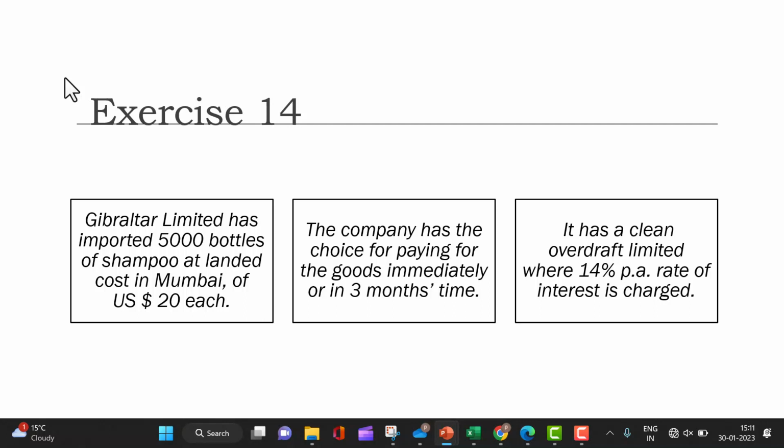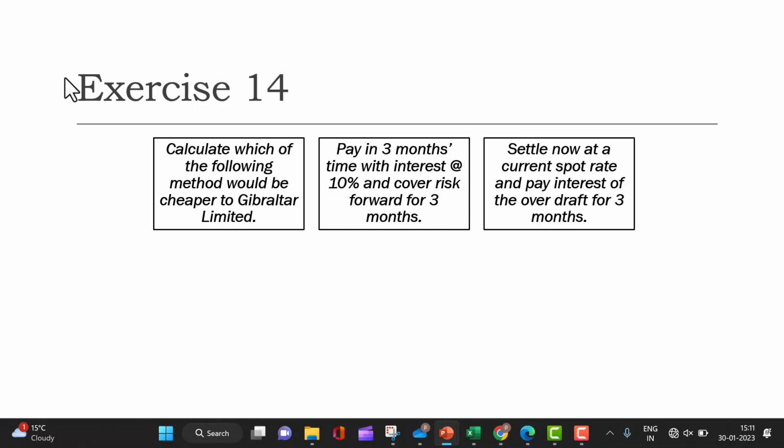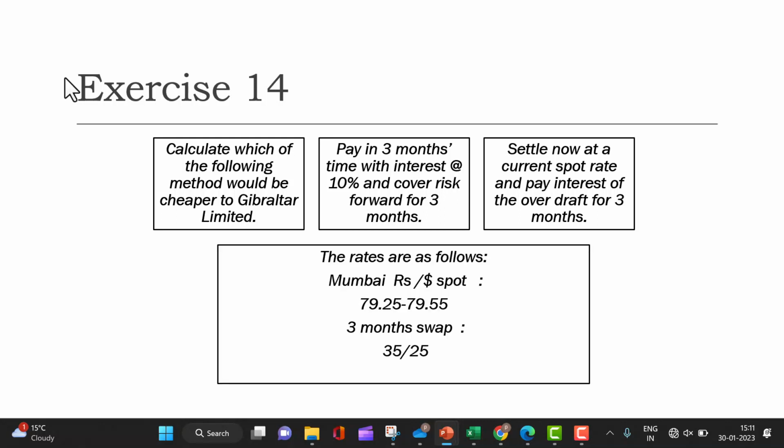The company has a choice of paying for the goods immediately or in 3 months' time, the same kind of system. It has a clean overdraft limit where 14% per annum interest is charged. So the bank has given the overdraft limit, which you can use. Now calculate which of the following methods would be cheaper. Pay in 3 months' time with interest at 10% and cover the risk forward for 3 months. Settle now at the current spot rate and pay interest on the overdraft for 3 months. The rates are as follows. Now the rates given are the spot rates, and 3-month swap points are given to me, instead of the rate. Okay, so first of all,